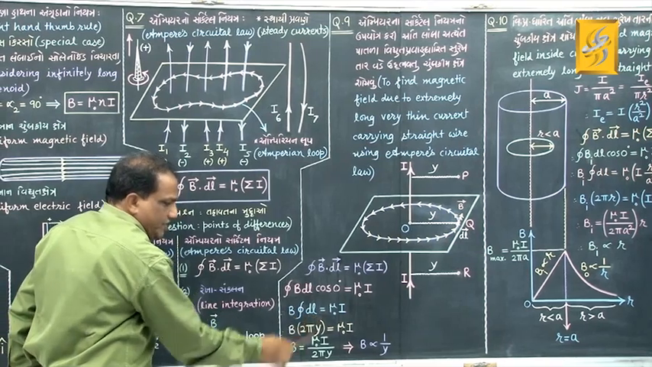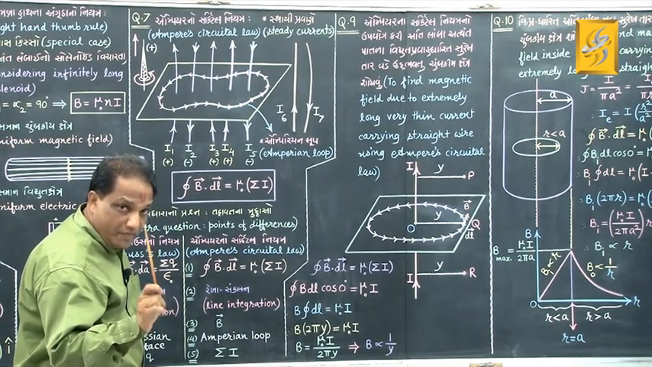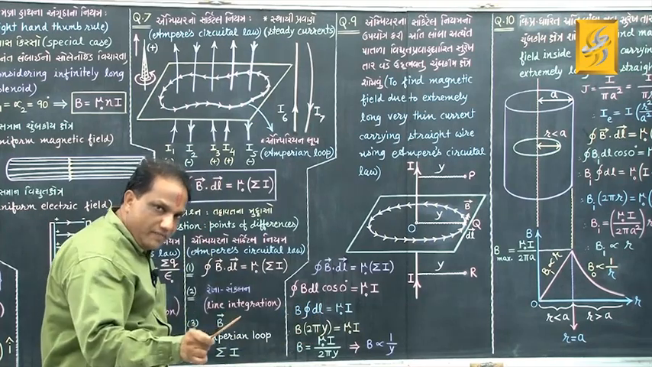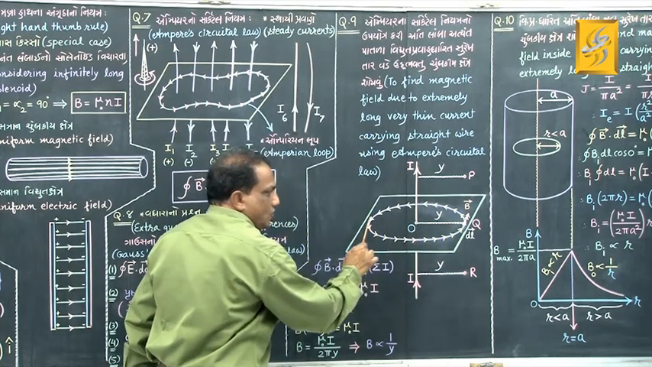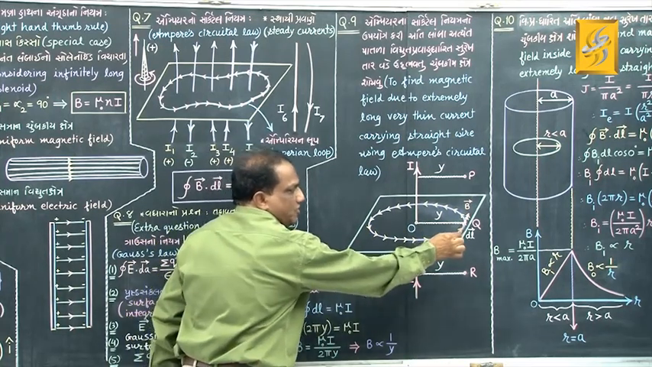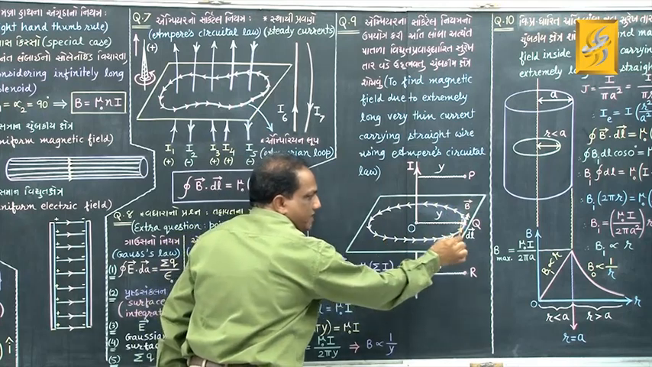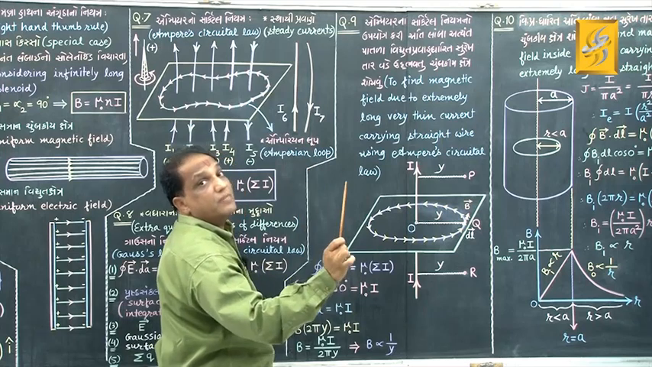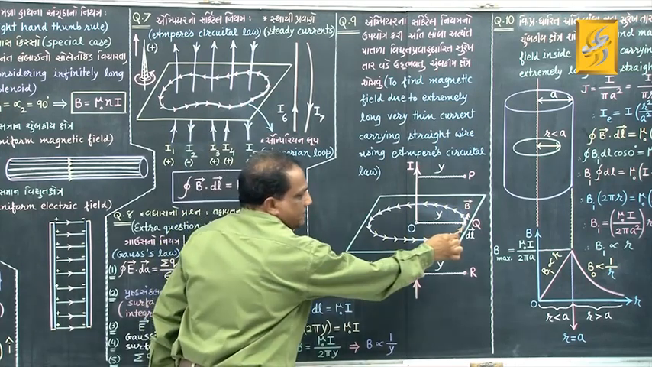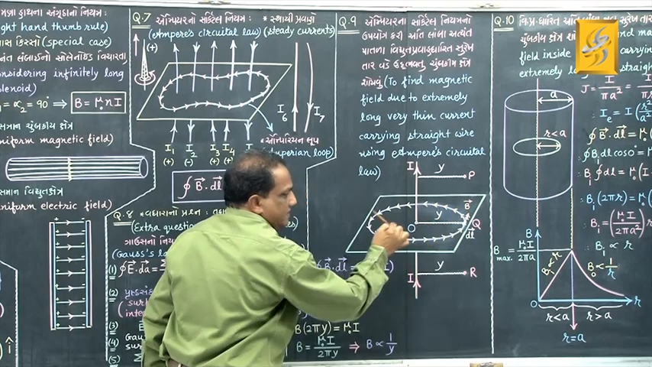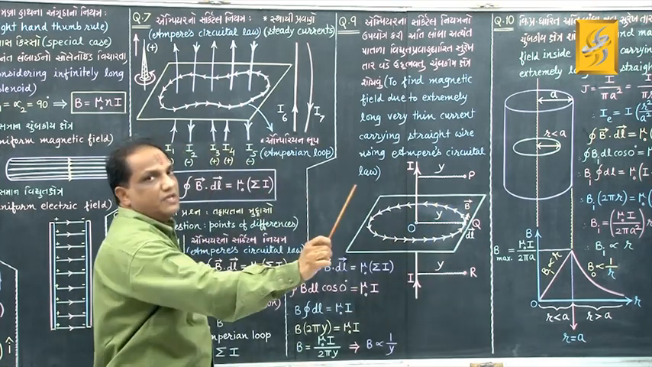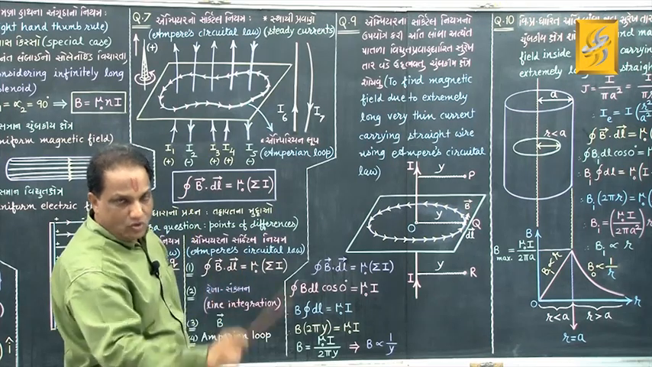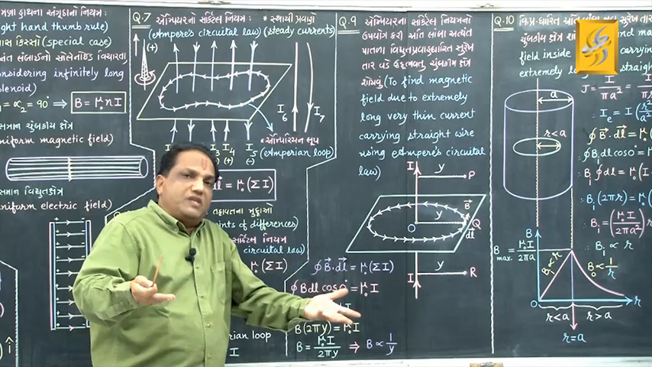What about closed integration of dl? Closed integration of dl means summation of lengths of all the length elements taken over the considered closed loop. If you start from this point, you must come back to the same point by traversing over the same circular magnetic field line or same circular Amperian loop. When you add up all these lengths of all these length elements which are arranged continuously over the rim of that Amperian loop, over the circumference of that Amperian loop, that summation will give you